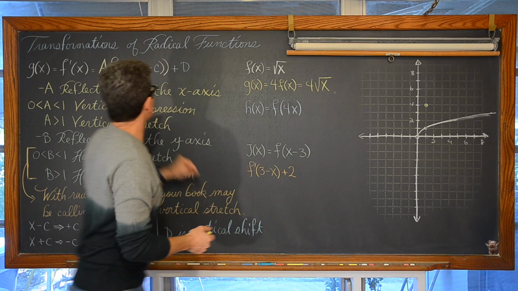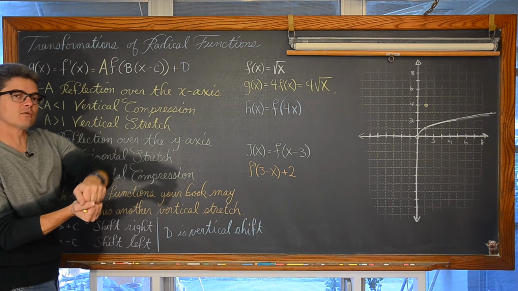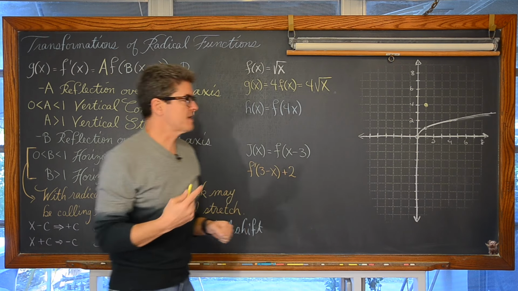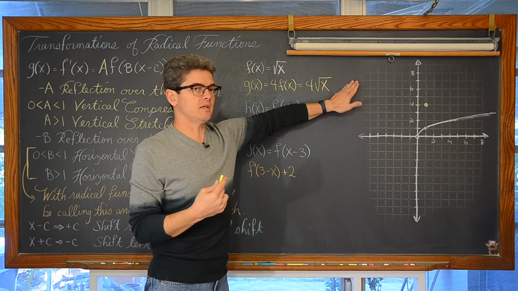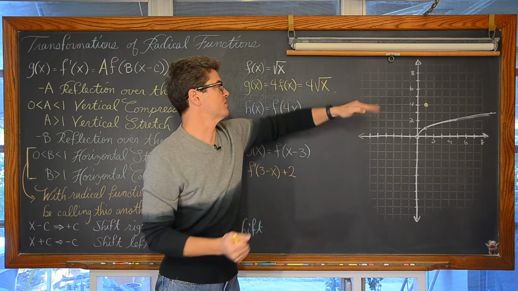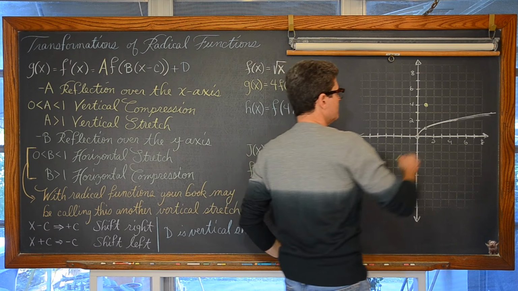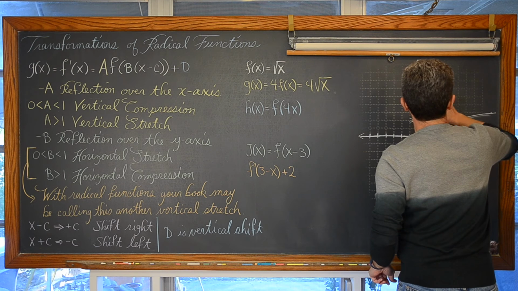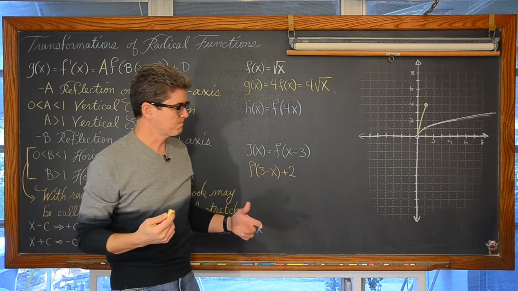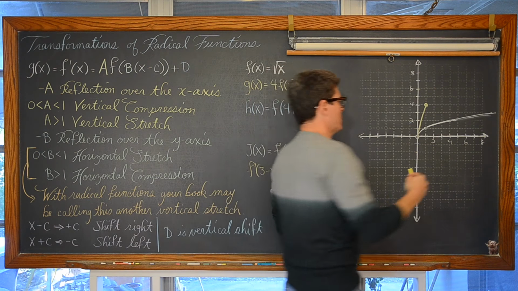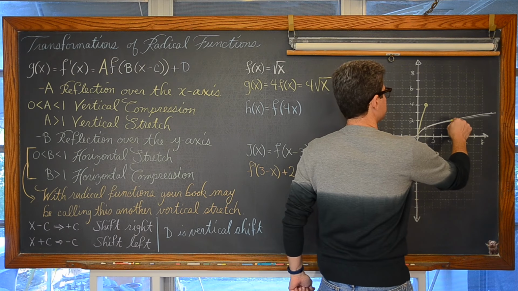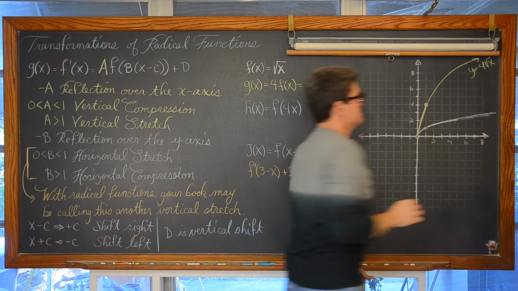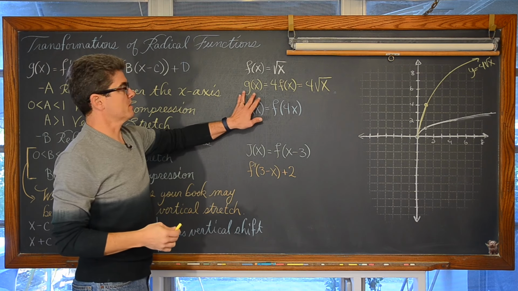That's where I said your multiple of a, if it's larger than 1, that's a vertical stretch away from the x-axis. Now I do say away from the x-axis, but if there was a plus or minus at the end, if there's a vertical shift, once you do that stretch, then you move it up or down. So you got to remember that those vertical stretches are applied before you add or subtract or move the graph up or down. So that's 2, and 2 times 4 is 8. So that's y is equal to 4 times the square root of x, or it is the graph of g of x.